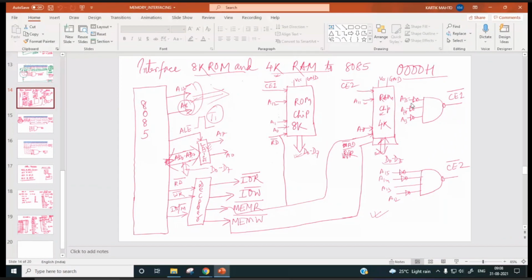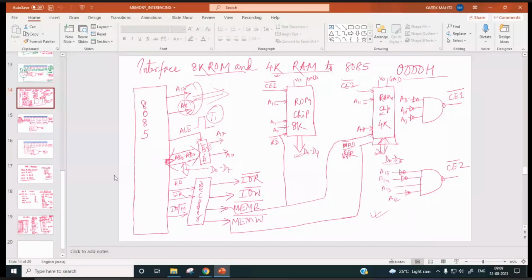So for running the monitor program, whenever we reset, the address of that monitor program has to be given to the program counter. By default, whenever we reset, the program counter becomes 0000H. So the monitor program address has to be 0000H, and ROM is used for storing the monitor program. So ROM should start with 0000H. Okay, so this part we discussed in the last class also.